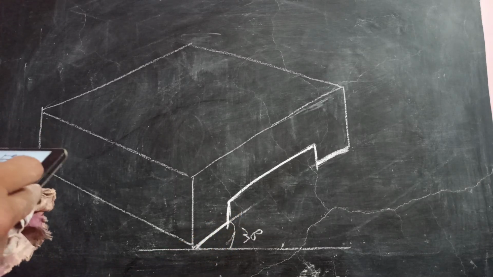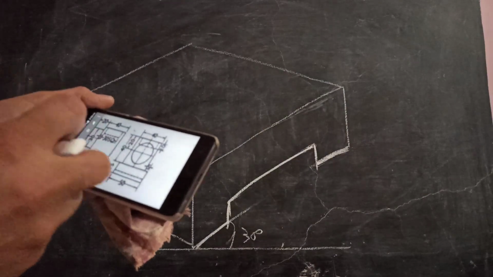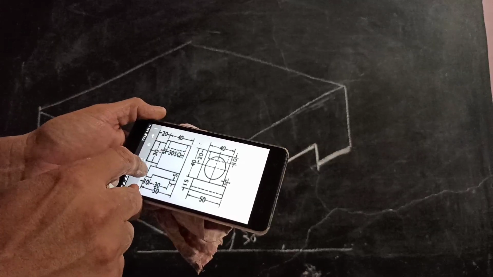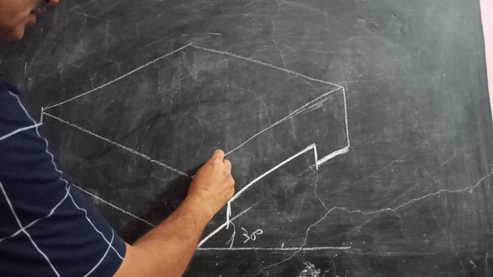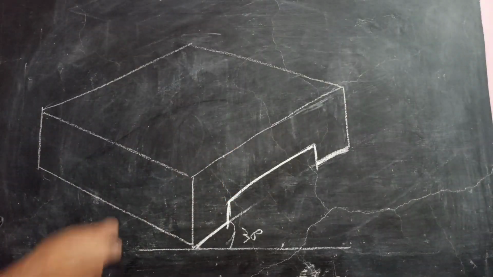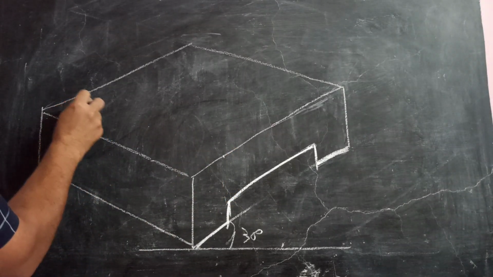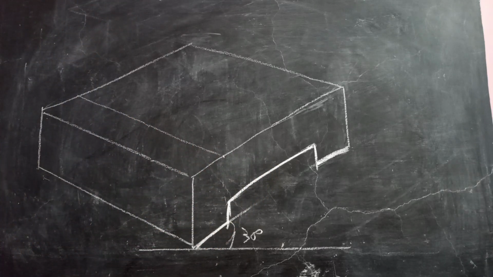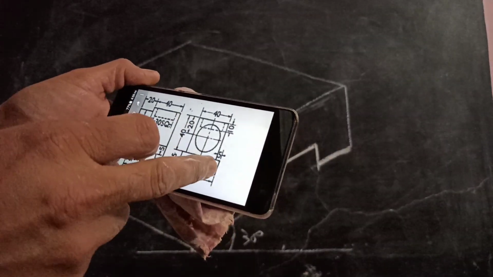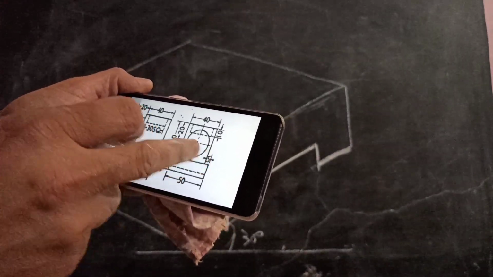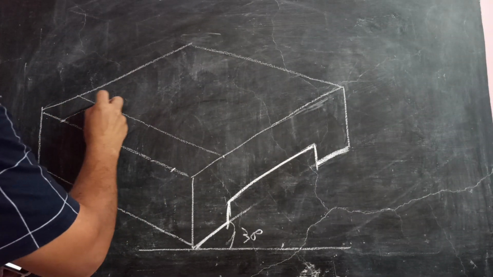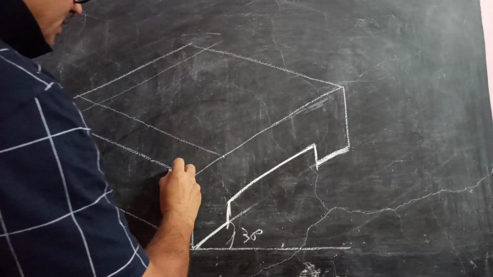Then this particular part is having the height 40 and the length is also 40, so from here it is 10, so leave this 10 somewhere else here. So draw a line parallel to this at 10, a faint line. Then from this side, it is 5 from either side, so you can leave this 5 as well as this 5, so you can draw the line parallel to this.